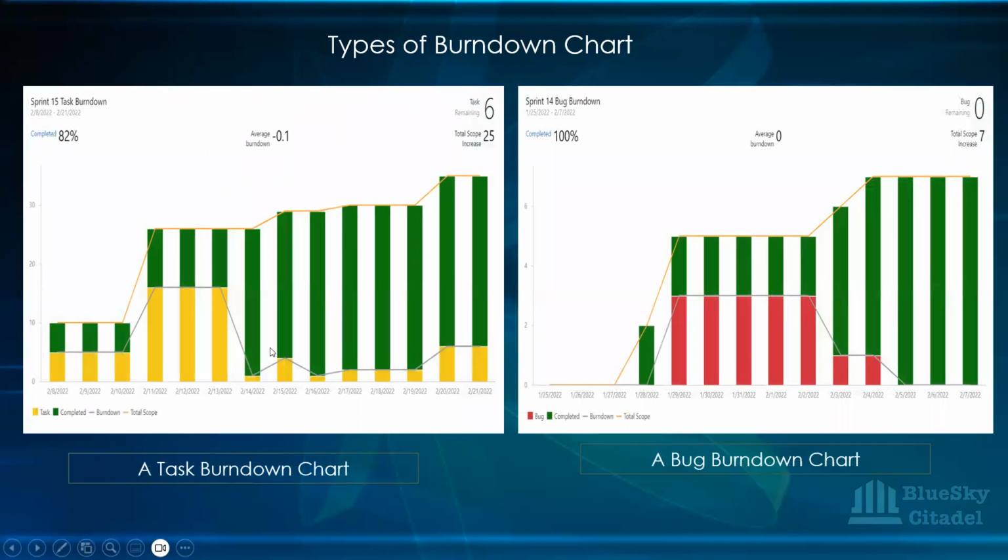So we can configure it with effort, we can configure it with user story, you can configure it also with task. So that's the task burn down chart. Again, you can see that the numbers on them are different. So you have an average burn down here of a minus, you have a completed percentage there of 82, and